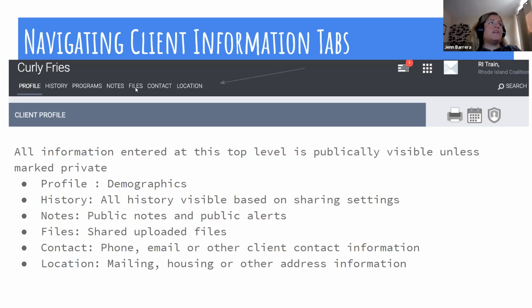Files, this is where system-wide files should be stored. Most of your files, if you're a case manager, should be stored in the program level. We're going to show you that next. These two tabs, contact and location, we've reviewed a couple different times, and those are also accessible throughout the entire